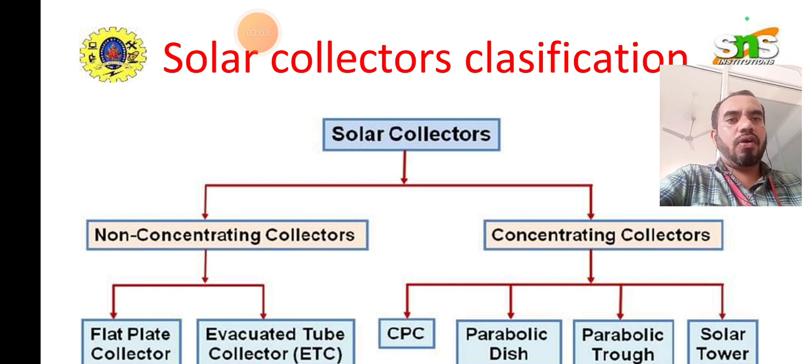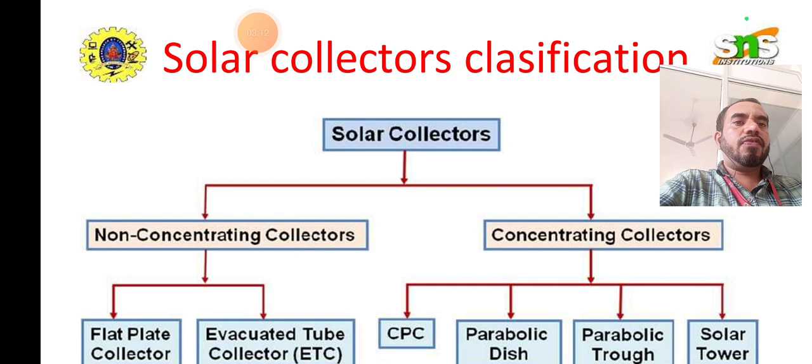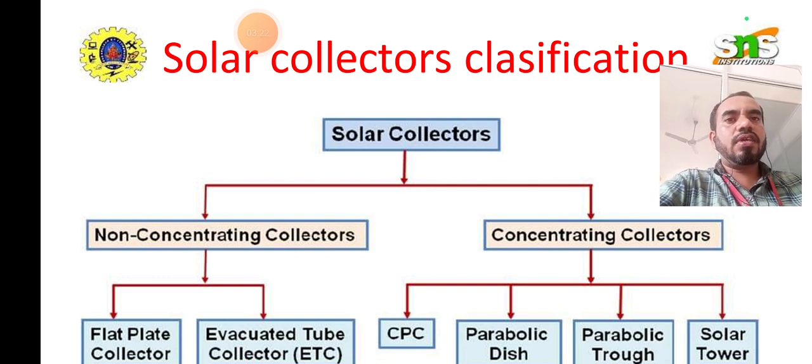That means the body of the concentrating collector will be on a tilted surface. A concentrating collector tracks the sun all over the day, whereas a non-concentrating collector is fixed, so it will not track the sun. Overall, the efficiency of the concentrating collector is much higher compared to non-concentrating collectors. Keep in mind that the efficiency of concentrating collectors is always more, because the concentrating collector will